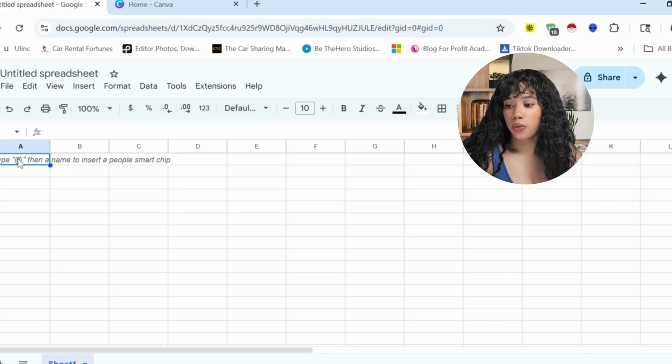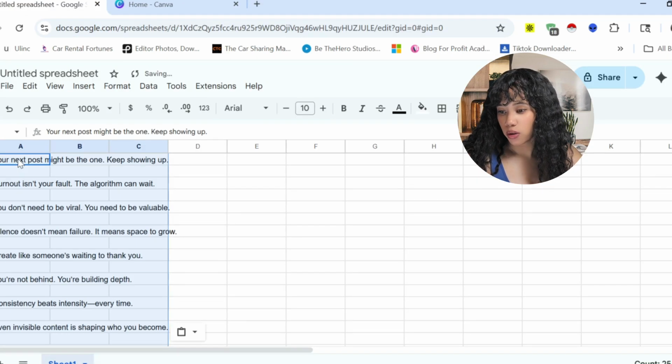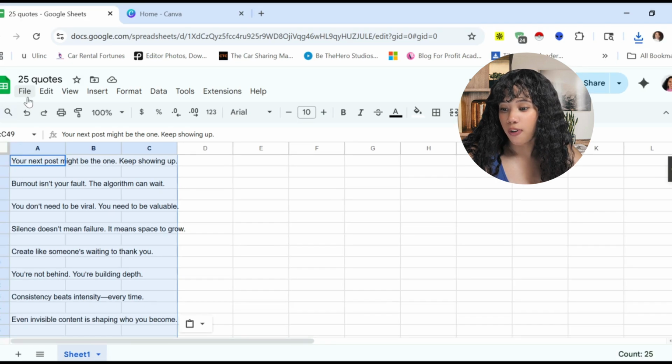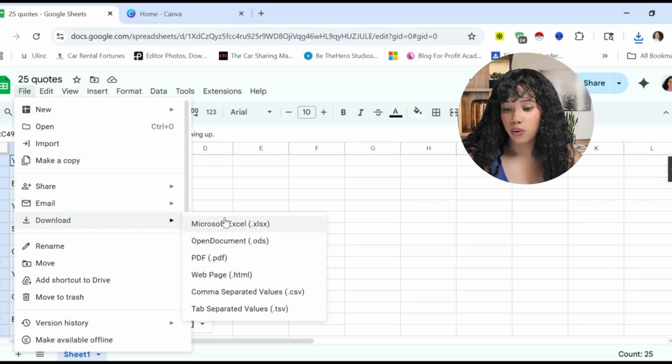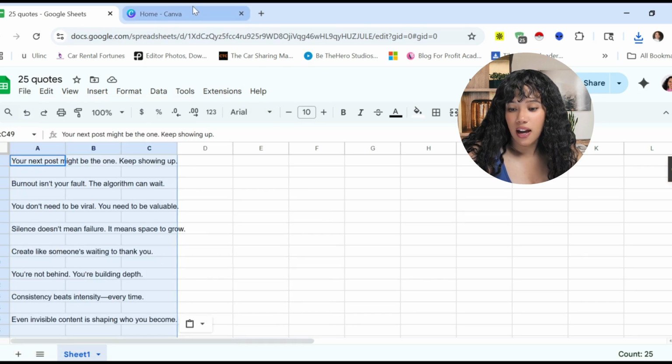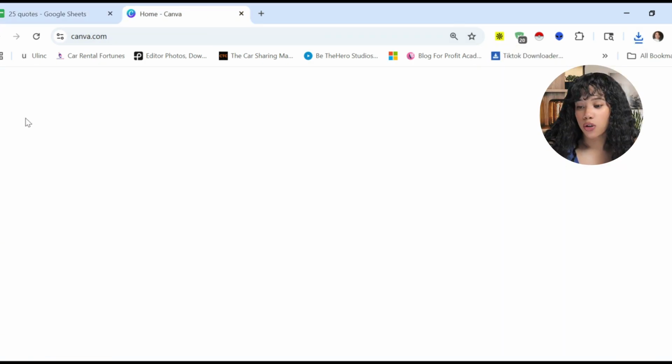All right, so now you take the 25 quotes and then you just Control V, like copy and paste them right into this Google Sheet. Create a Google Sheet, and this is what it looks like. And then from there, you want to make sure that the quotes are starting on line 1, and then you do File, Download, CSV, and I've already downloaded it. So let's go over to Canva,